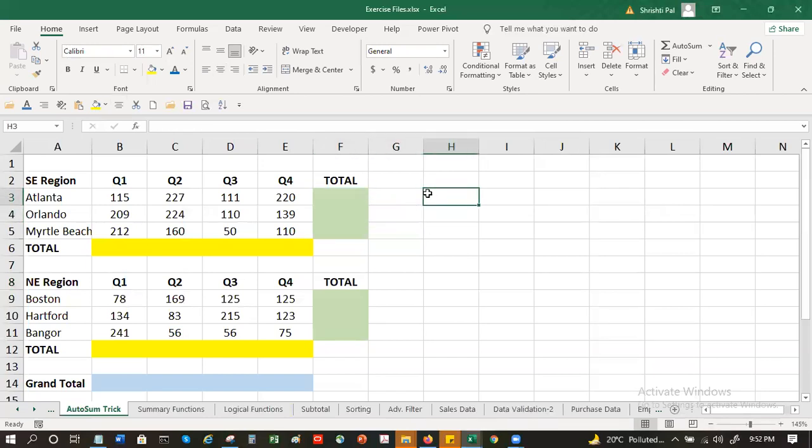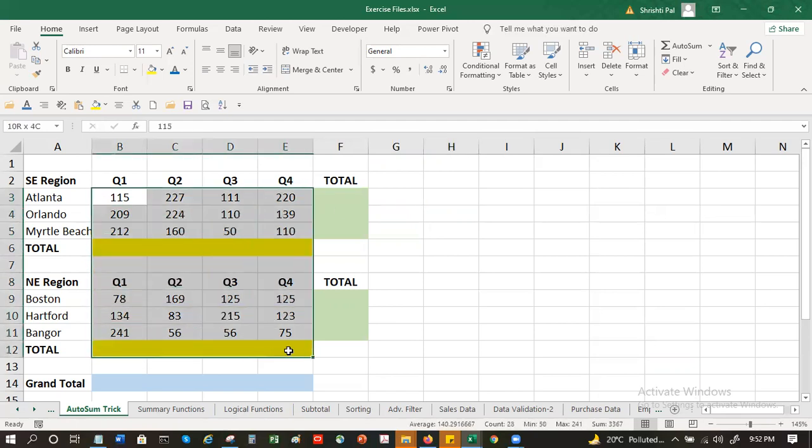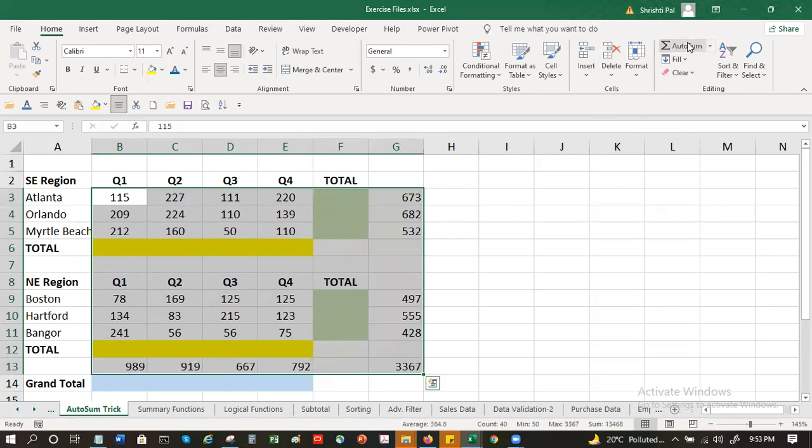Any other way? Manually entering plus and doing it. No. See, you can do this. I'm getting column totals.